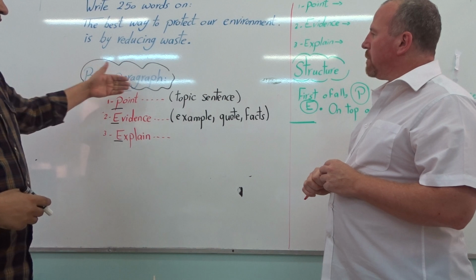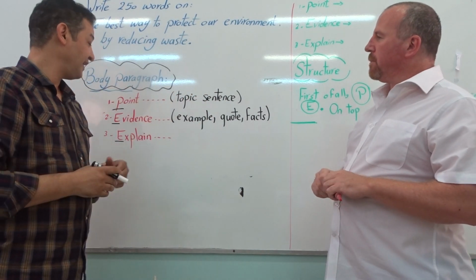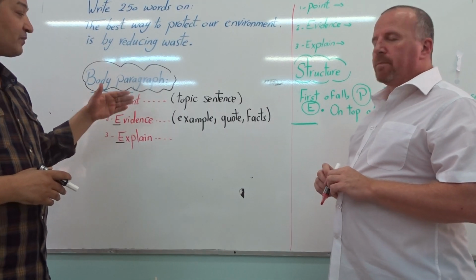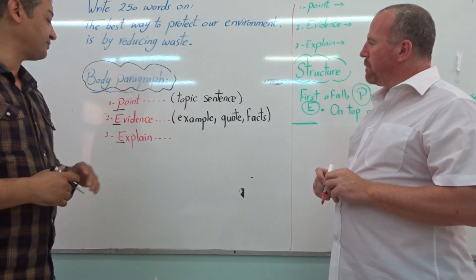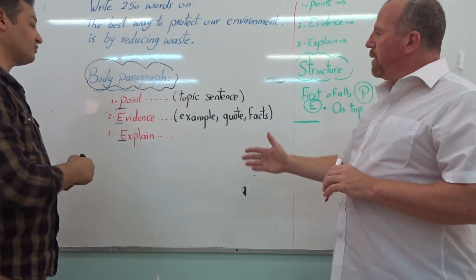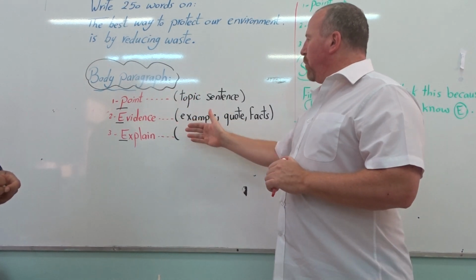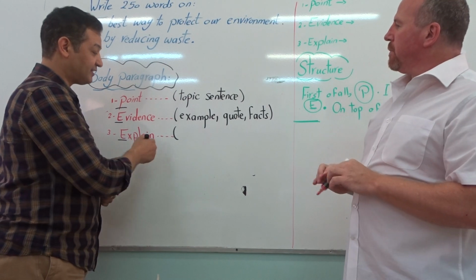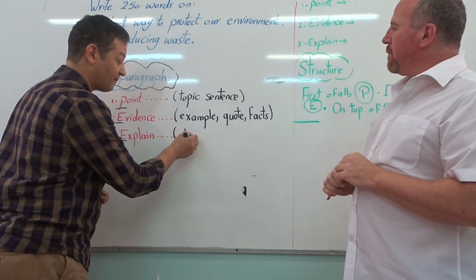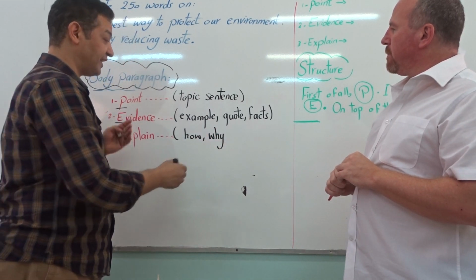So point is the topic sentence. What you are going to talk about, this is your main point. Evidence means the example or quote or facts to support this point. What about explain, Mr. Hugh? So then we're going to explain the point and the evidence in more detail. Very good. So in other words, we can say that explain means how and why your evidence